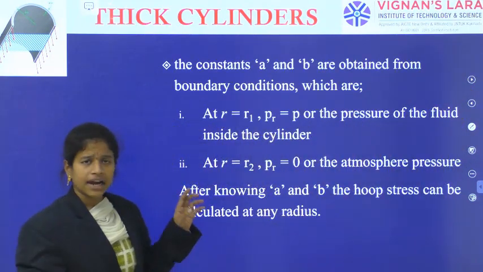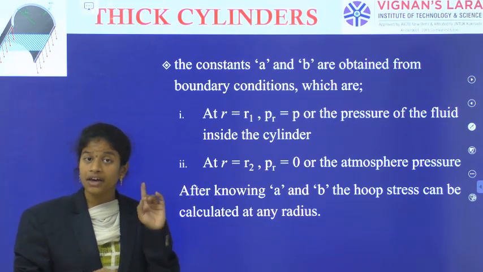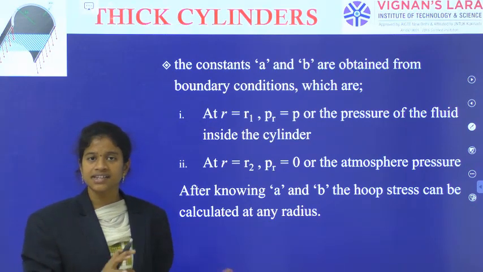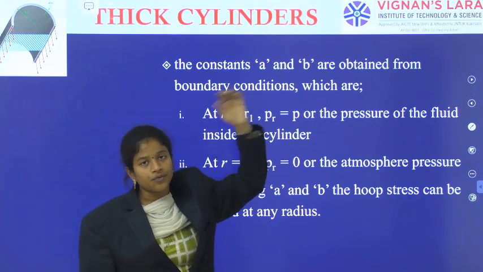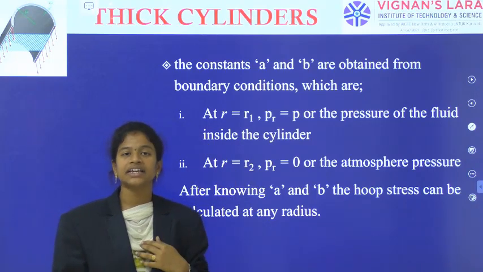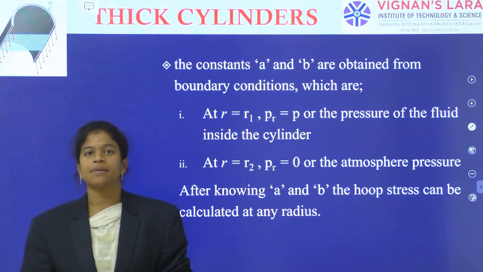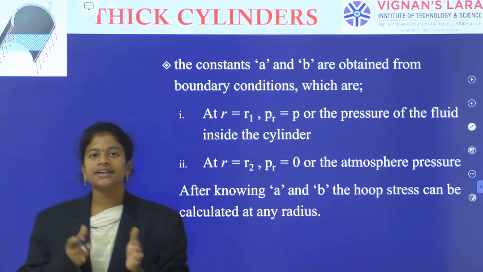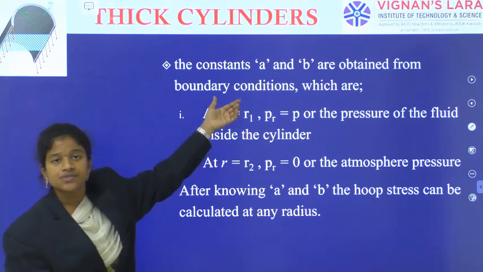Right? And okay, I can calculate, but these formulas involve not only R, but also A and B, those we have called the integration constants and some other things. The constants A and B are obtained whenever you see constants of integration, from the boundary conditions. Even in our slope deflection chapter we used the same term: the integration constants will be evaluated from the boundary conditions.